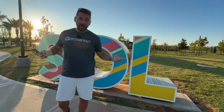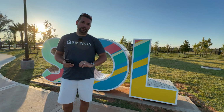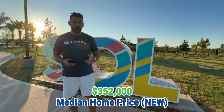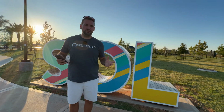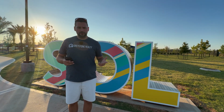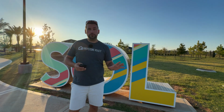So 599 being the cap of, let me back up, that is inventory homes. Okay. And the median price right now for a new construction home is $352,000. So that's really not that bad. That's kind of an average. That's actually a little bit below average. I'd say we're sitting around $400 to $450 if you take it in all the greater Houston area, right, Samantha? I think so. Yeah, okay,